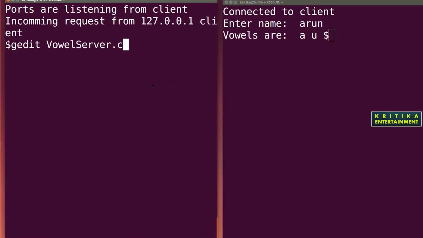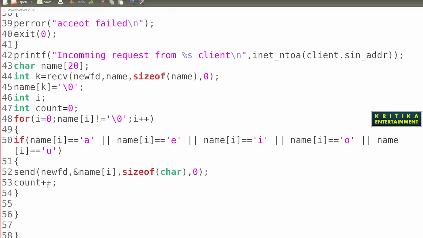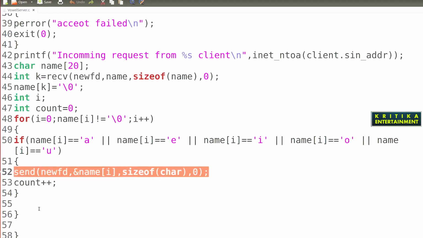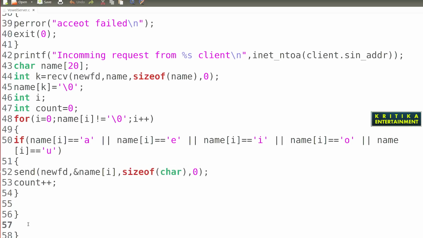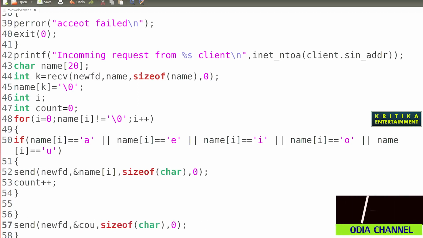So what will we do now? Here I want to tell you one thing. I want to send the total number of vowels, so outside the loop I want to send this total number of vowels. What is the vowel variable? Count. So here write size of int.